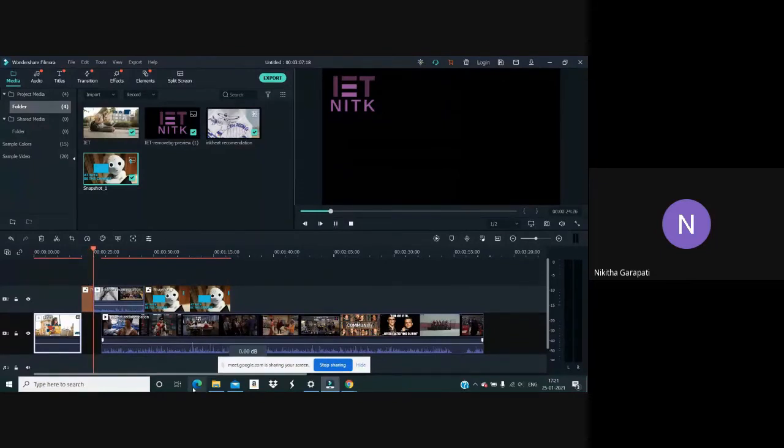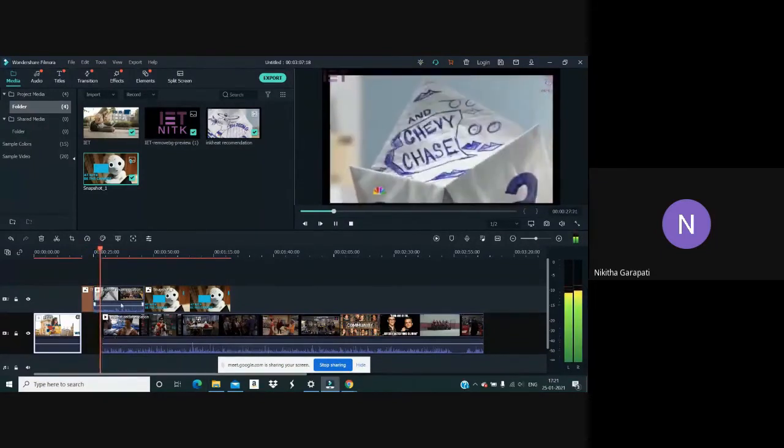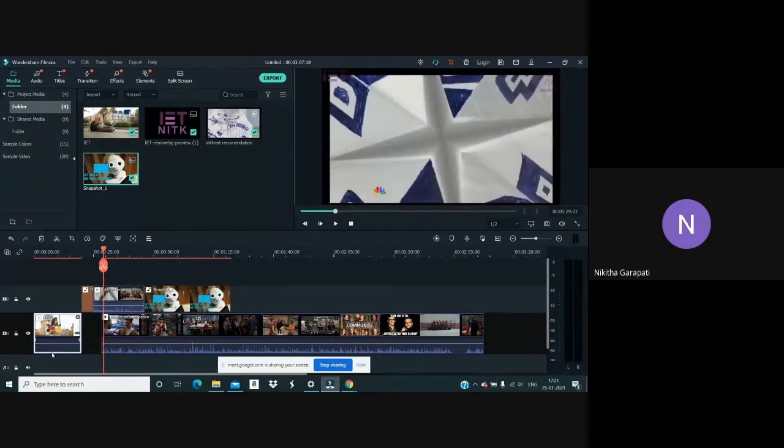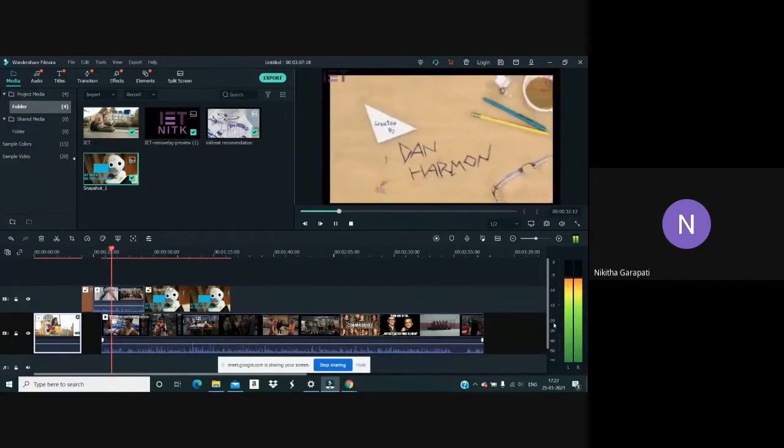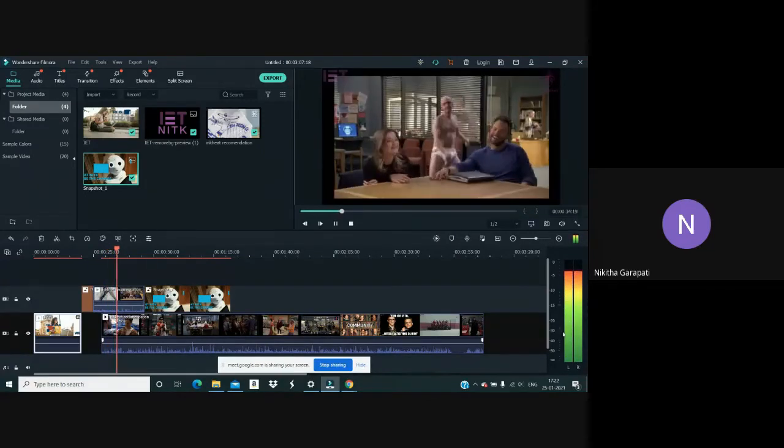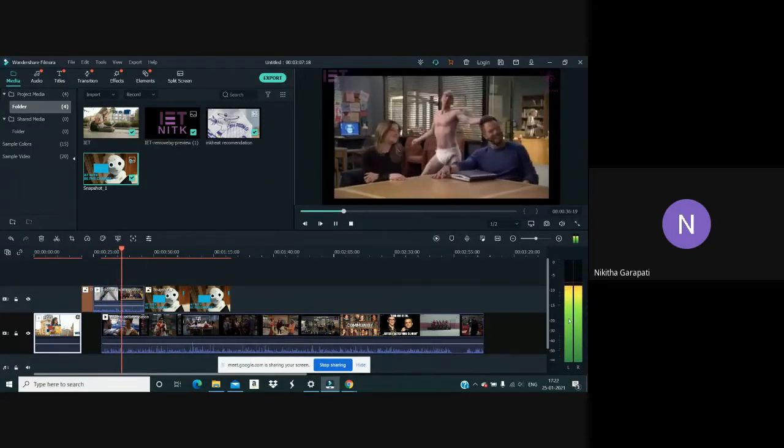Check that. You can see only this particular video clip, not this. So whatever is on top will get prioritized. And one more thing, what I was telling about audio bars, let me show you that. While you're playing a video that has audio, this is how the audio bars show volume.